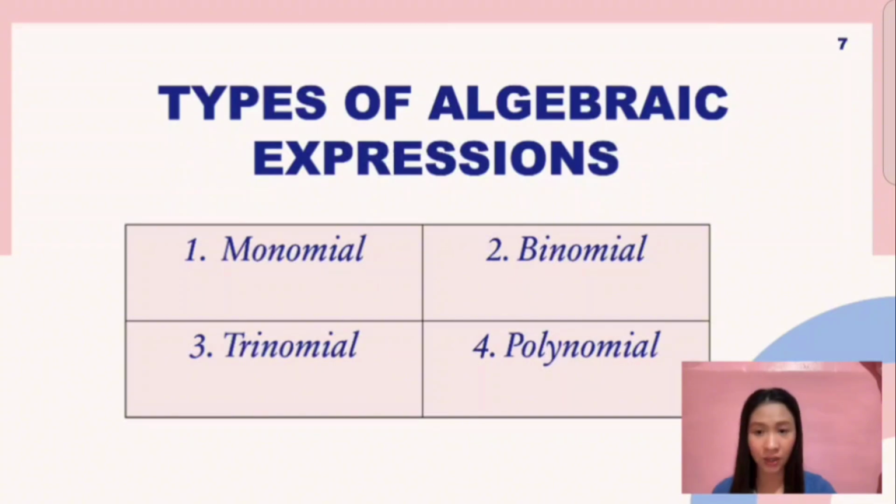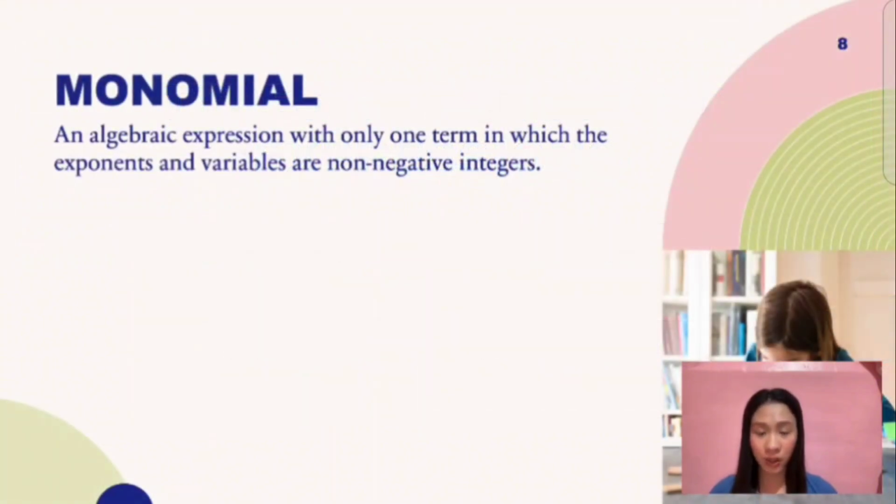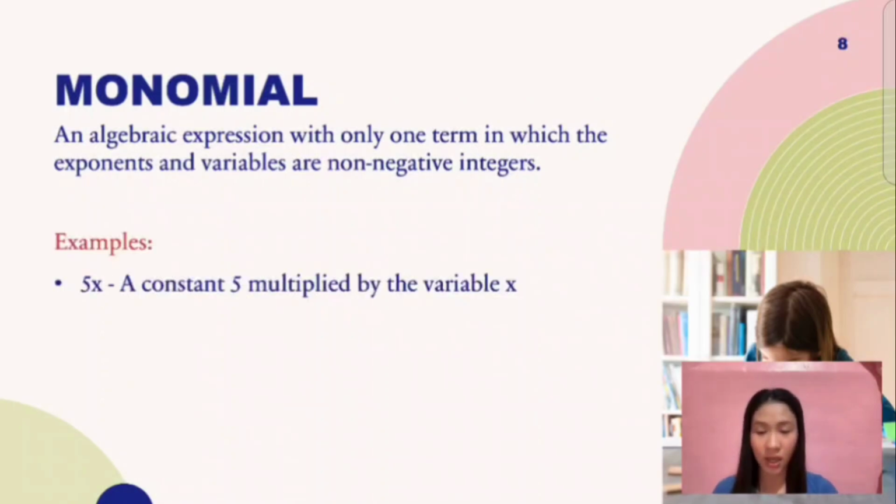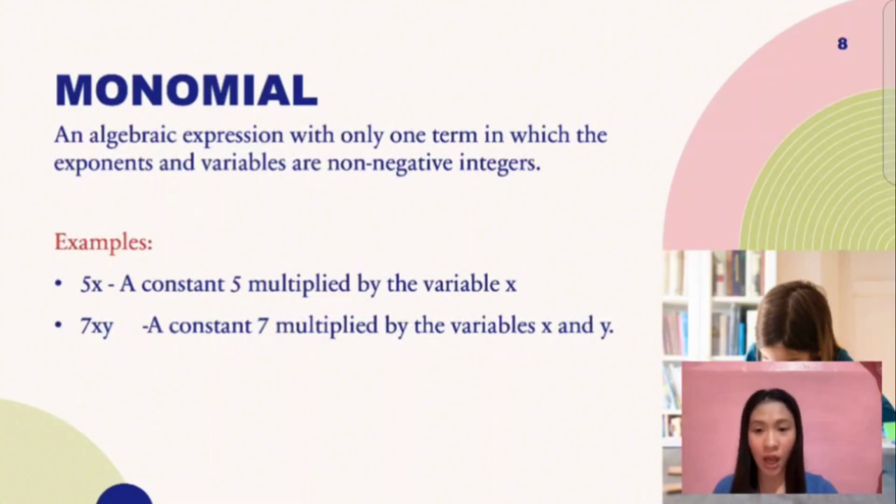We have several types of algebraic expression. We have first the monomial, second the binomial, third is the trinomial, and fourth is the polynomial. But first we have to tackle what a monomial is. A monomial is an algebraic expression with only one term, in which the exponent and variables are non-negative integers. Examples: here is 5x, a constant 5 multiplied by the variable x, and 7xy, a constant 7 multiplied by the